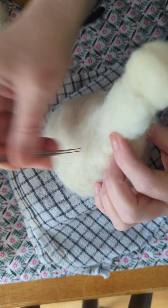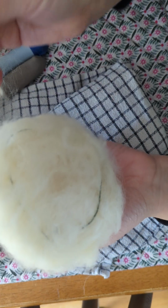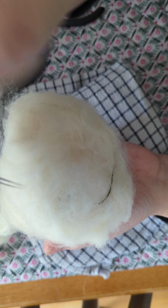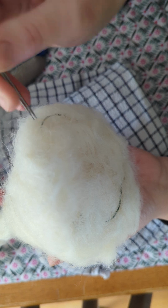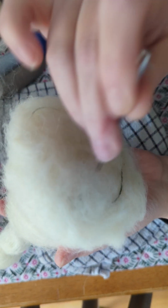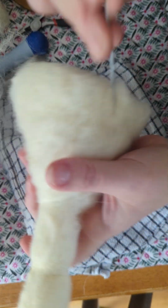Let's have a look. How's she looking? Look from the bottom. That is a bit close, that wire there, isn't it? I think we might add a little bit more. This is ever so soft here, ever so loose. Because of the wire, she can stand up okay, but